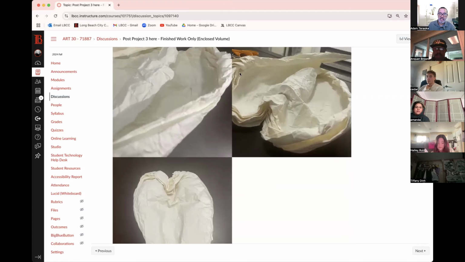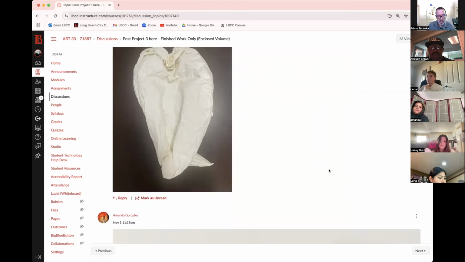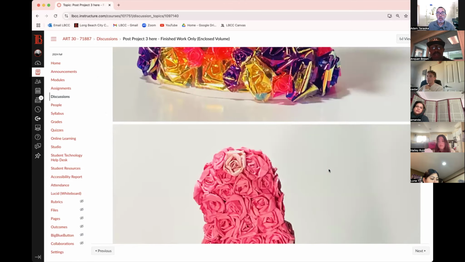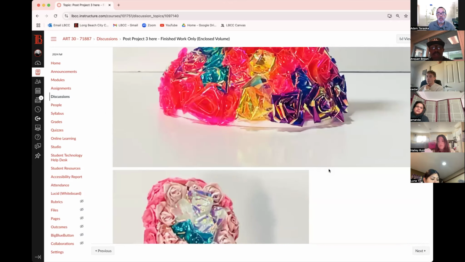That's really, if you see this as a body, that's a really cool, very sculptural angle. This one. All right, good job. Whoa. Okay, so